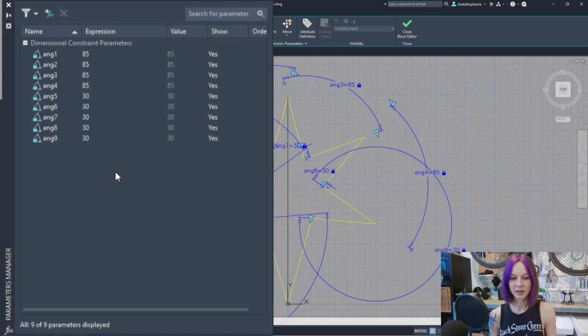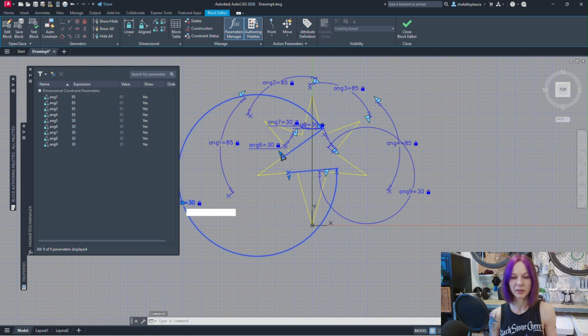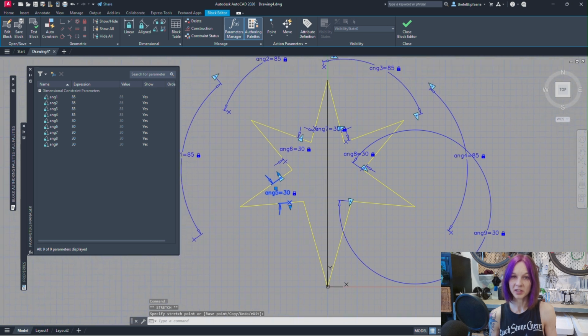Now this looks a bit crazy. What we can do is we can grab the grip point and reposition if we want to. But if you're going to be working with constraints, you do need to get used to it being a bit